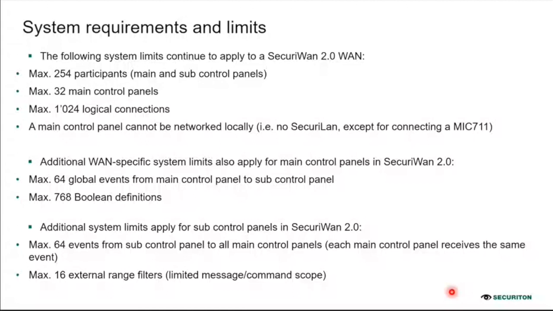The main control panel cannot be a network locally. As I said, it has to be just the panel. You cannot connect to anything else. And then we have another